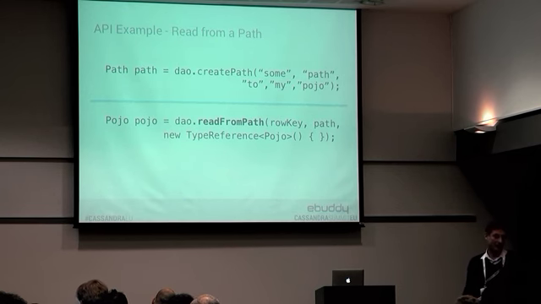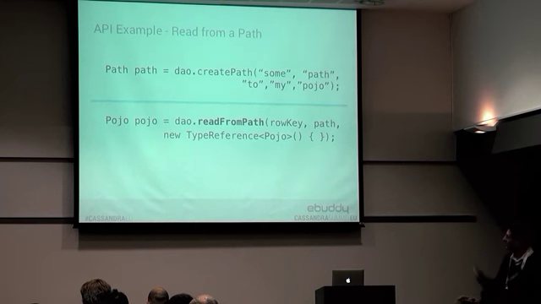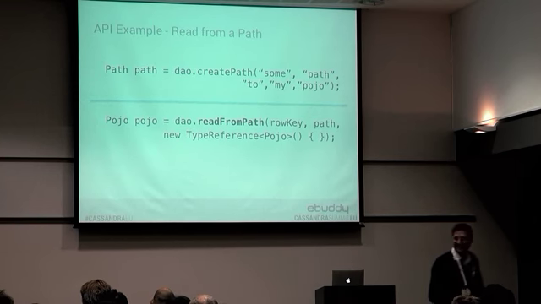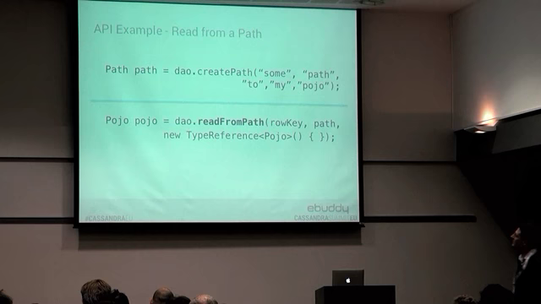If you're familiar with the Jackson library for doing JSON, then this should be very familiar to you. It isn't the JSON class, but it's pretty much a copy of it. It's based on the JSON implementation,